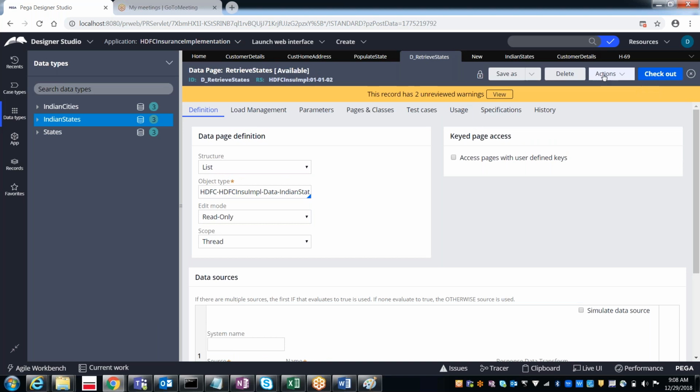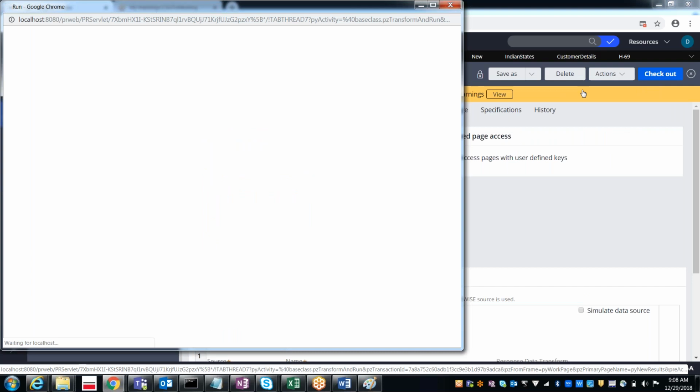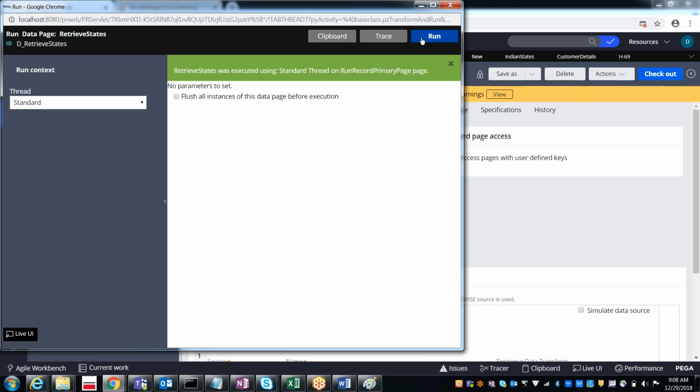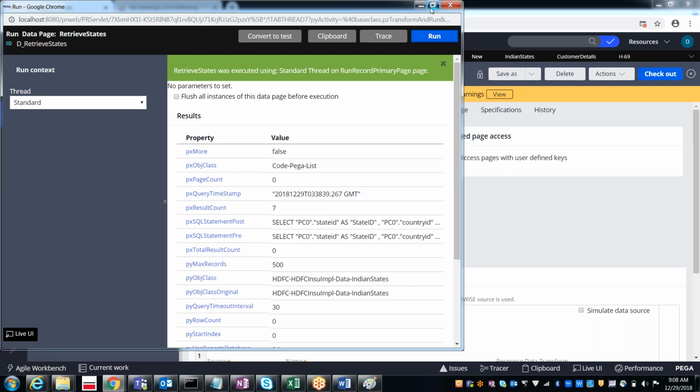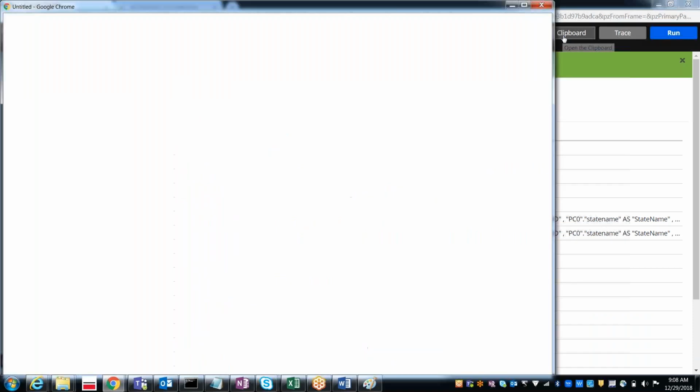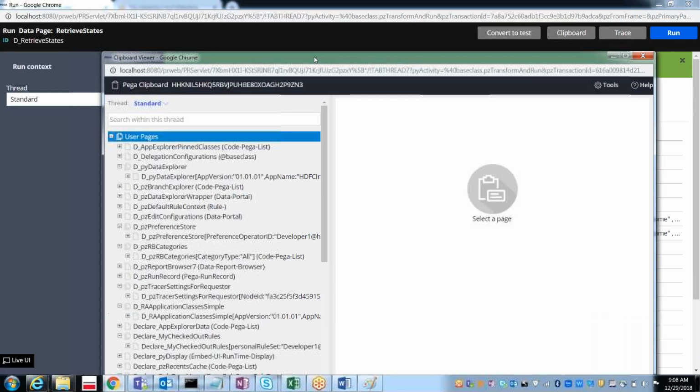So how? Save it and then actions, run it, and then run it. Now if you go to the clipboard, it will create a data page. So what will be the page name?